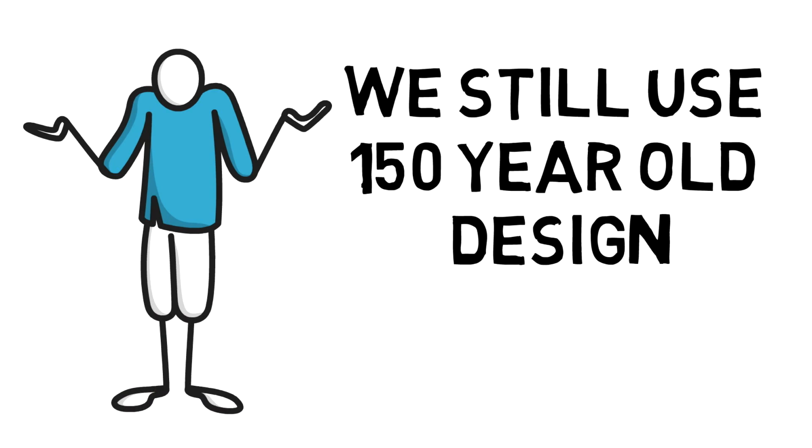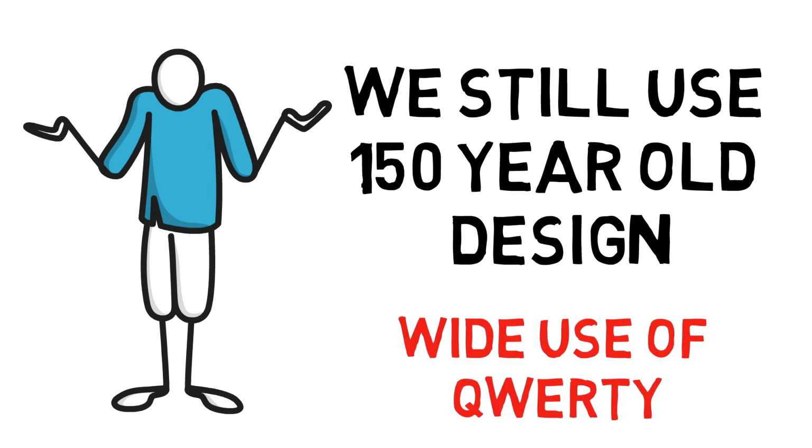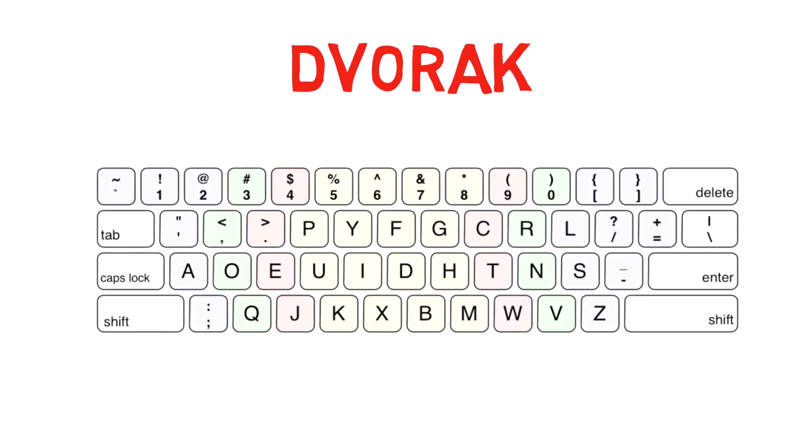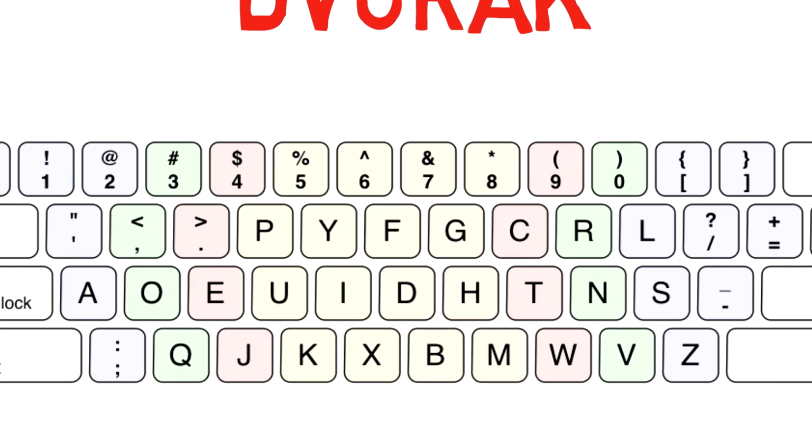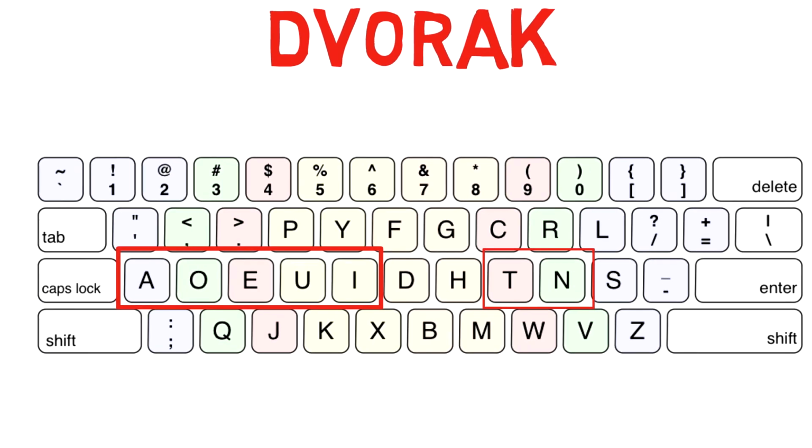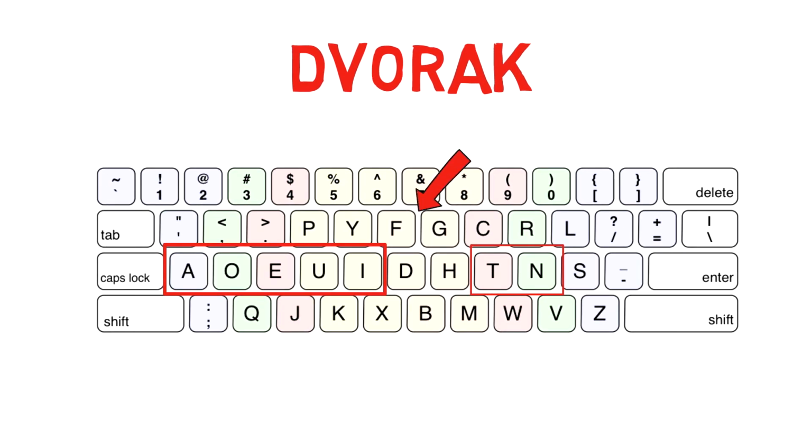Interestingly, even with the advancement of typewriters and computers, we still use the same keyboard which is now over 150 years old. This is not because there were no alternatives, but rather the wide adoption of the QWERTY layout. The best alternative to QWERTY is called Dvorak. It corrects a lot of faults with the current QWERTY layout. In Dvorak, all the most frequently used characters are in the middle row for easy access and quick typing speed, while the remaining characters and symbols are placed on the top and bottom rows.